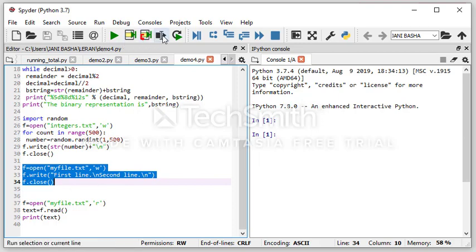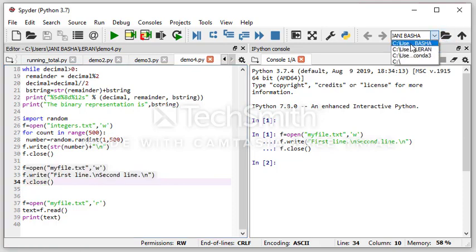When I execute this statement, on the right hand side you can see the program is executed. These 3 lines have been executed. But where should I see the output? I have to go to myfile.txt and see the output, which is in this particular path.